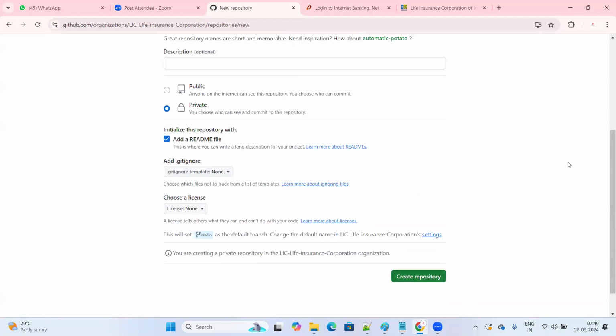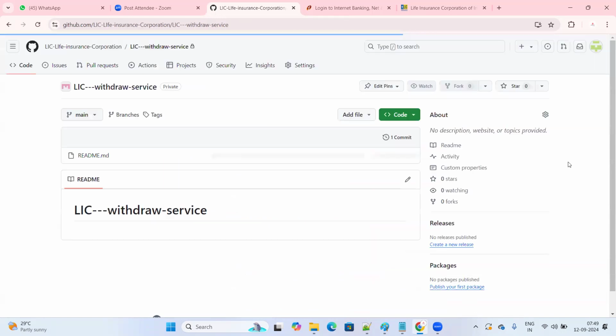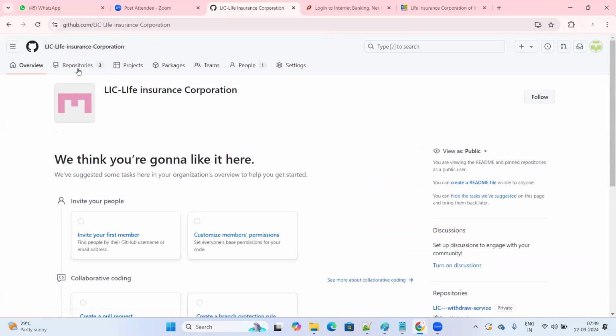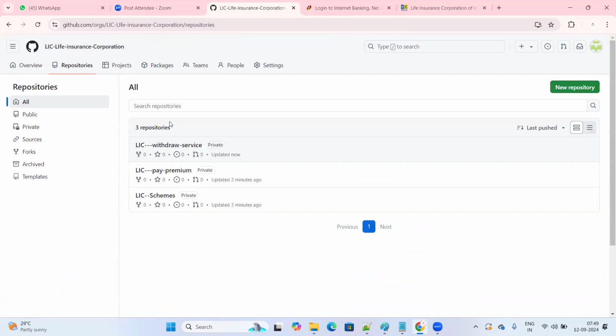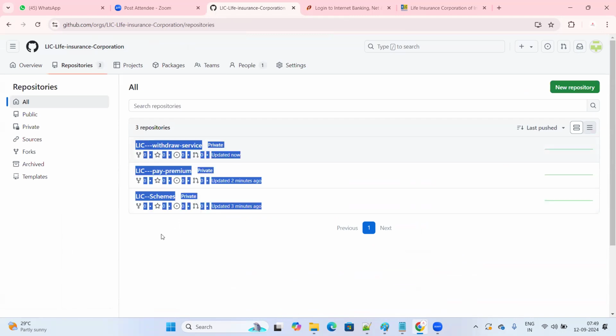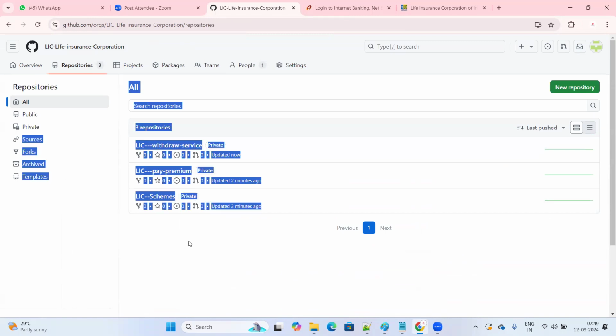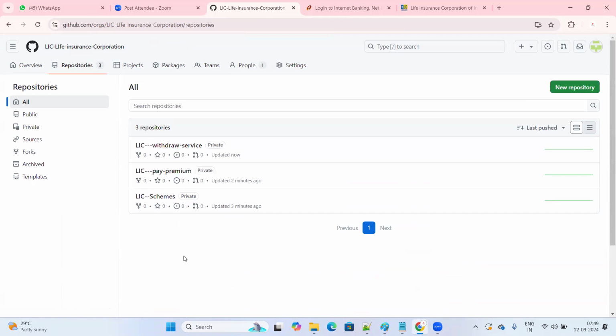I'm going to create a repository. Yes, this is how we create repositories under an organization. If the same company is working for LIC, they'll also create repositories like this in the form of microservices. These are microservices. I'm saying these are microservices because they're creating repositories for each and every microservice, because today